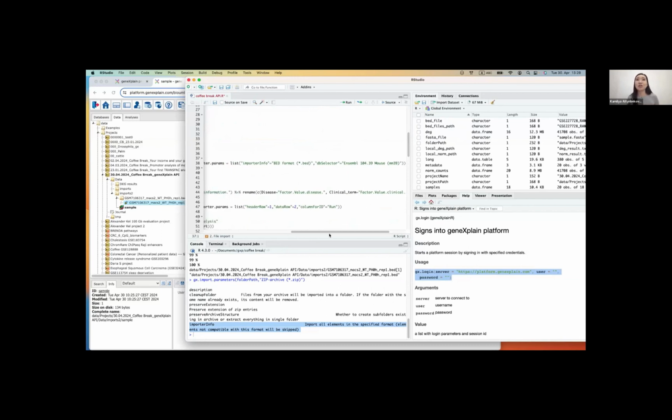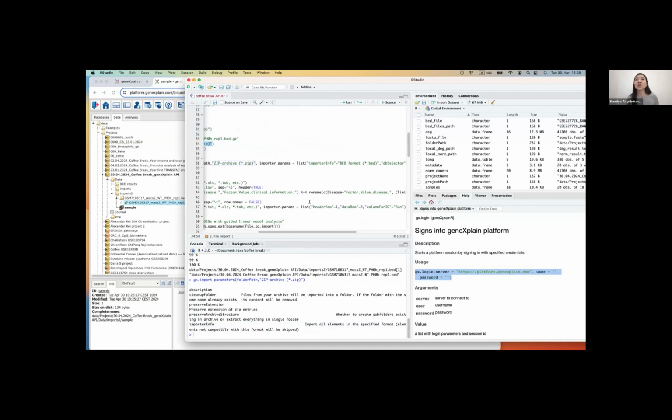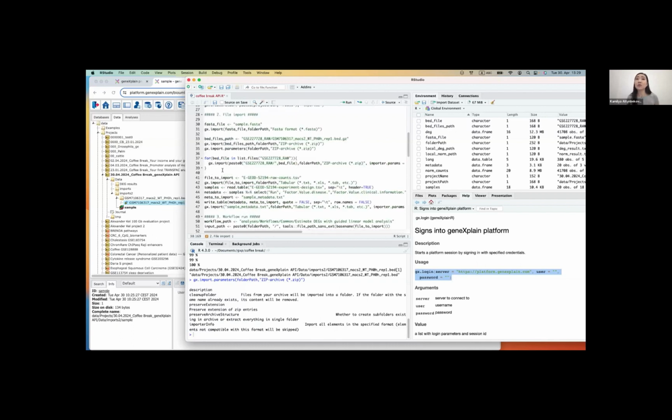And skip additional manual work. So for instance, here, instead of just saying I have a zip archive, I also say here are my importer parameters, and I actually have bed files inside my archive, and please select Ensembl mouse, so please select mouse sequence for reference. And with that, what I also do here,